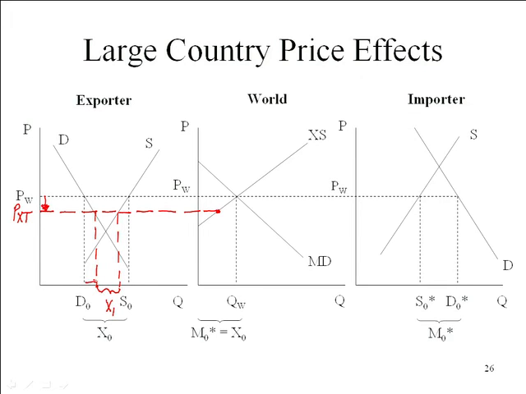Giving us a lower volume of trade, and if we have a lower volume of exports, we also have to have a lower volume of imports to get foreign consumers to buy less. We need to raise the price, and that higher price in the import countries will reduce domestic demand in the importer, increase